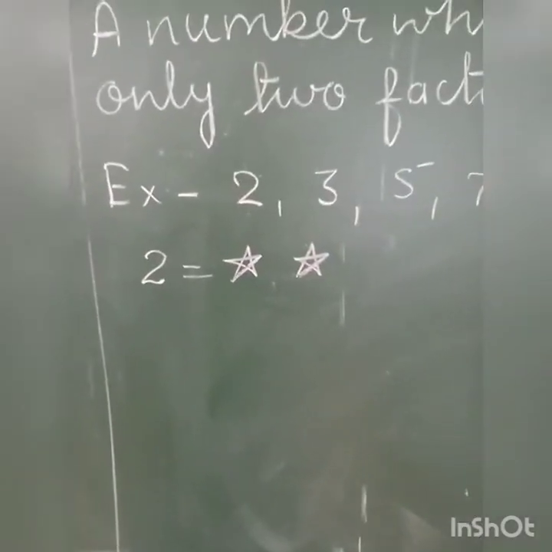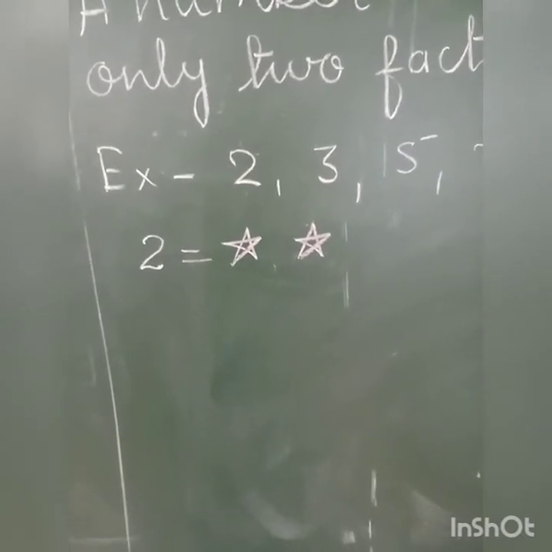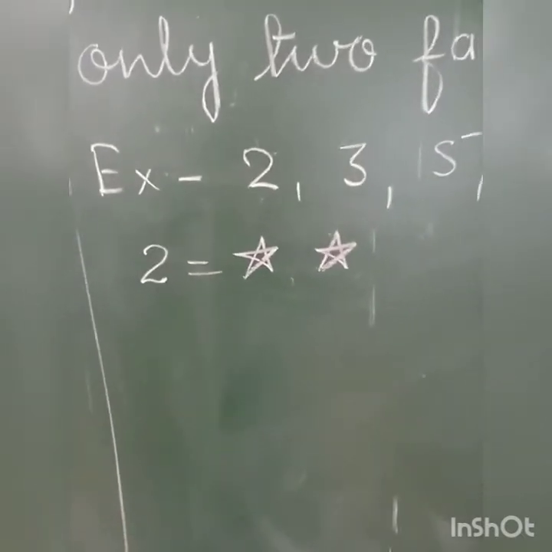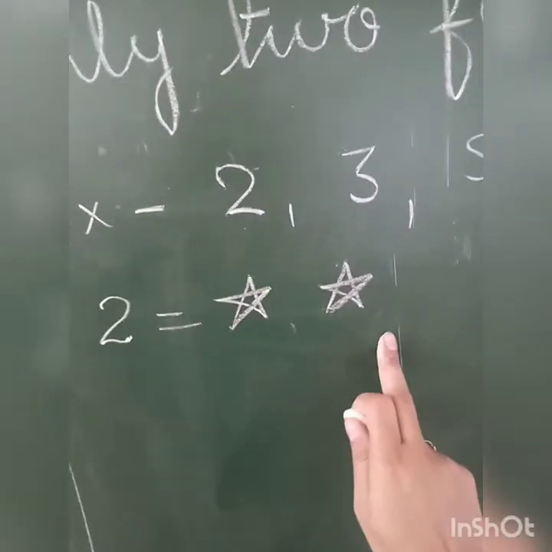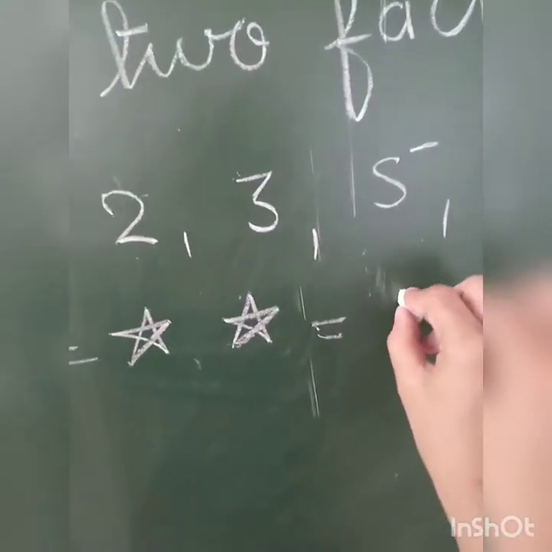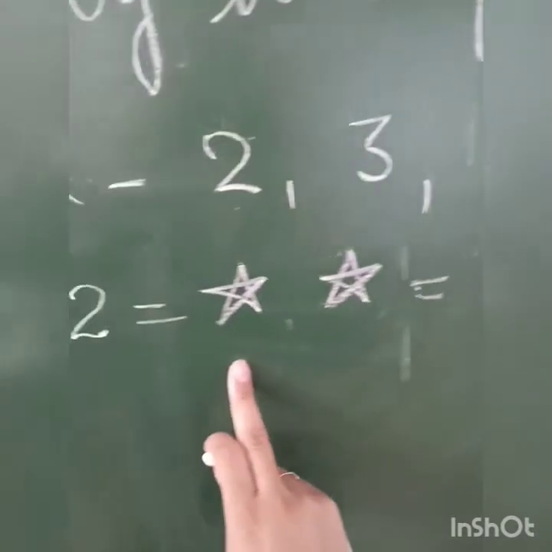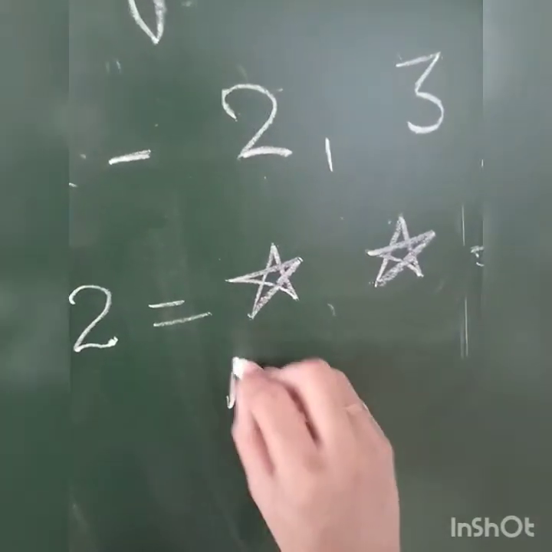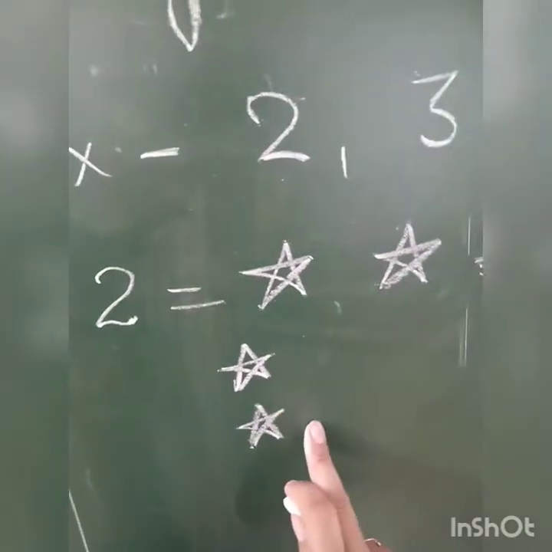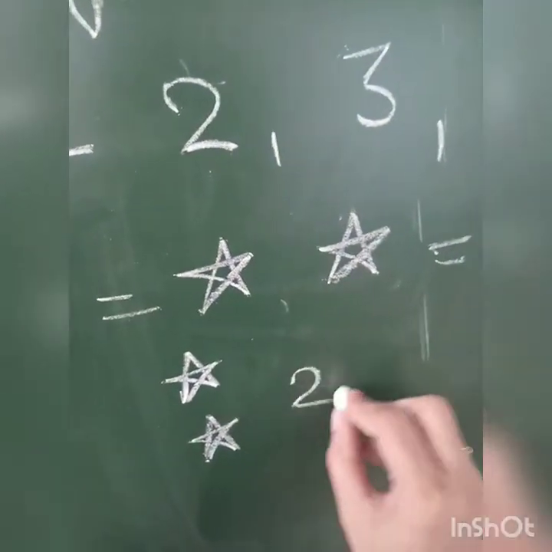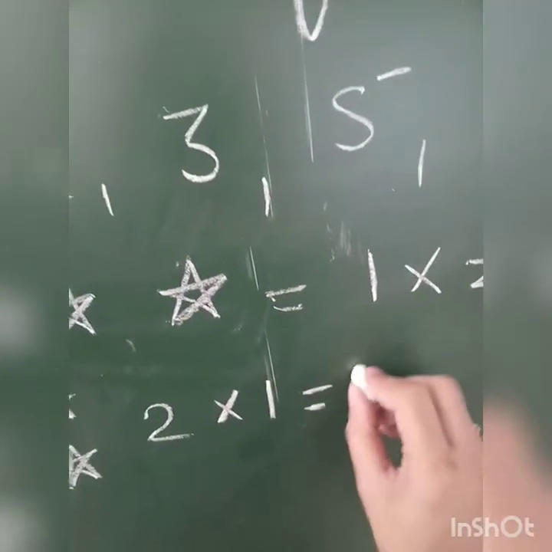For example, I have 2 stars. Now I have to arrange these 2 stars in different ways. I have only 2 ways to arrange these 2 stars. First one is in one row, 2 stars, so we can write this one row of 2 stars is equal to 2. Another way is in a column, 2 stars are there, 1 and 2. So we can write this 2 stars in one column is equal to 2.